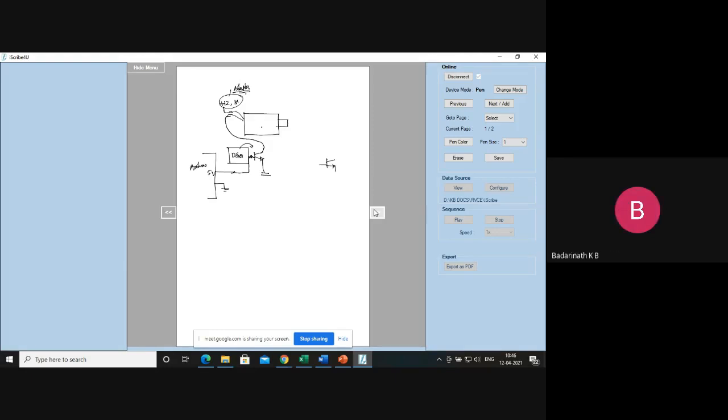Now what will happen? The Arduino board is driving 5 volts only, with a minimum requirement of, let's say, 10 to 20 milliamperes to drive the base current. But who is driving your motor? It is with the help of the transistor and the adapter that you are able to drive the motor. Who is supplying the current to the motor? The adapter is supplying the current. Who is supplying the voltage? The adapter is supplying the voltage. But who is controlling? Arduino is controlling.